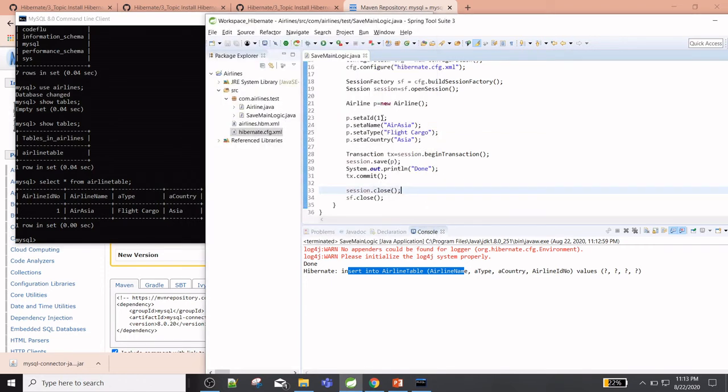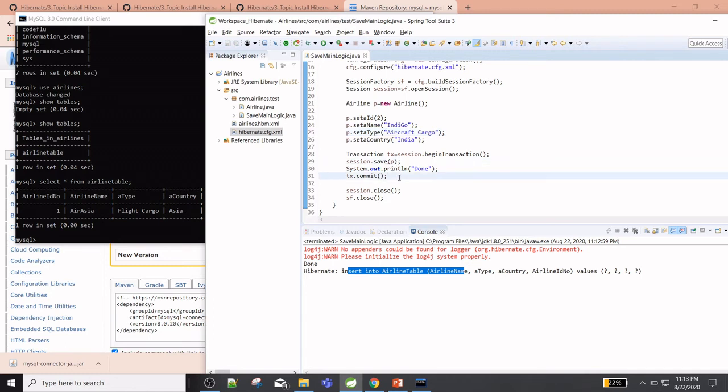If I want to insert another record, so Indigo, aircraft cargo.